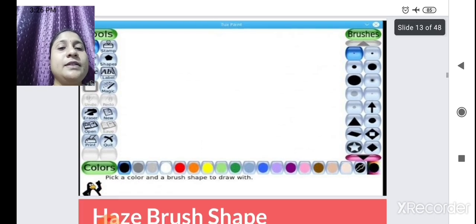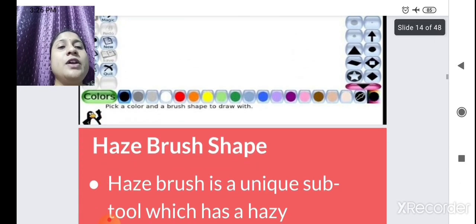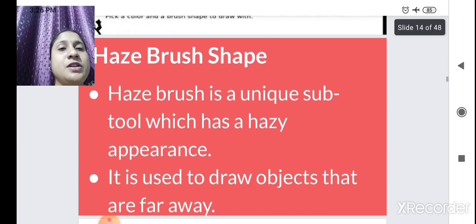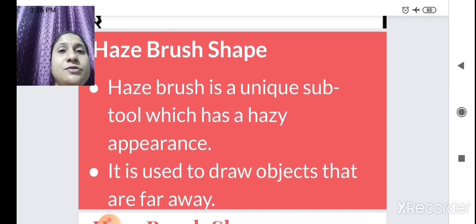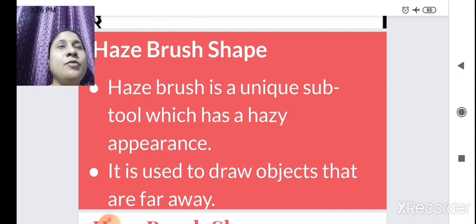Then the next is, what is the use of the haze brush shape? Haze brush is a unique subtool which has a hazy appearance, like when you see a mountain or tree from a long distance, it creates a hazy appearance.